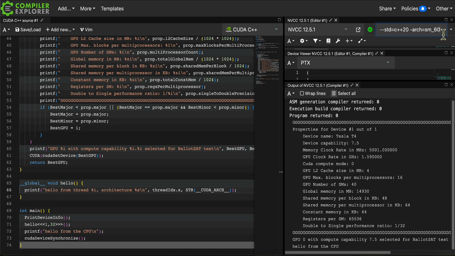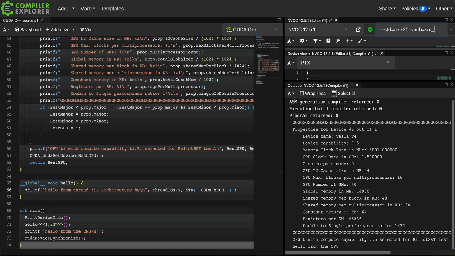The reason for this is that the 70 architecture has a different way of meshing these threads together than the 60 does. And the T4, to keep it simple and cheap, doesn't actually allow this backwards compatibility. There are other cards that do allow it, but the T4 doesn't.